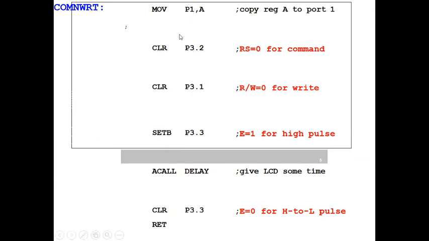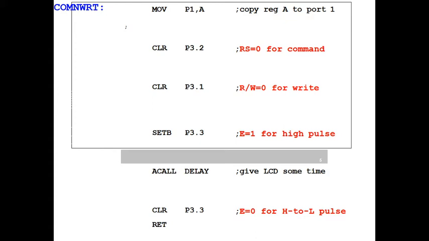I will discuss that command write subroutine first. Whatever command I am giving, that is 38, is in the accumulator and is passed to the P1 port, because the P1 port is for the data lines. Means the data, whatever command you give, is available in the accumulator and is passed to the P1 port, which is nothing but the data pins between LCD and controller.